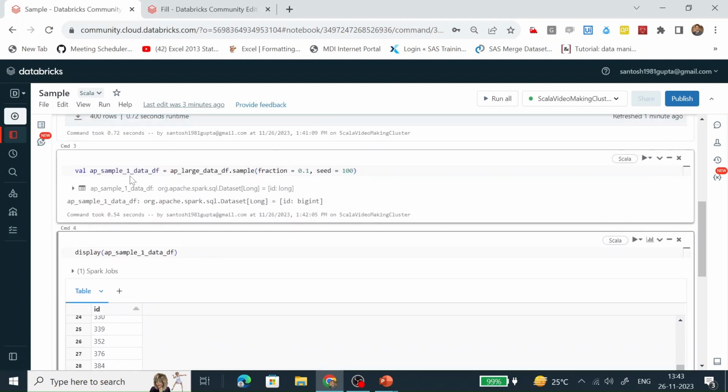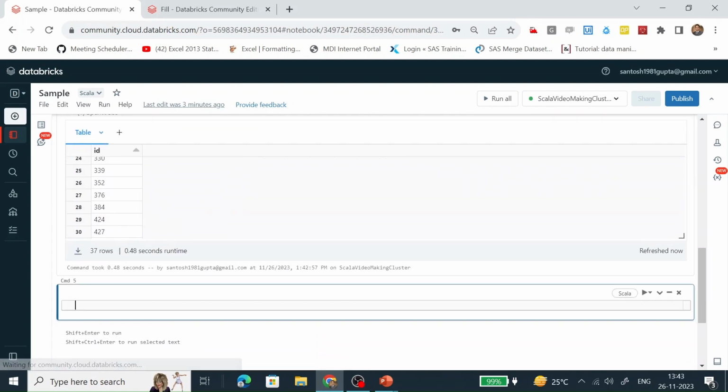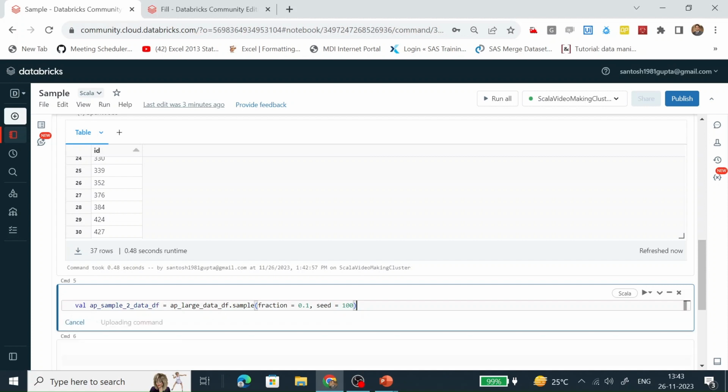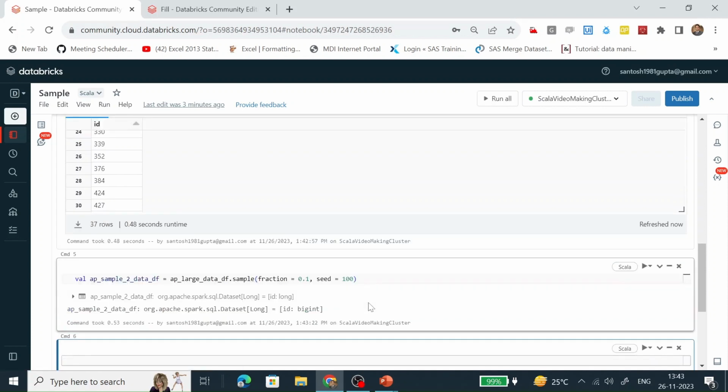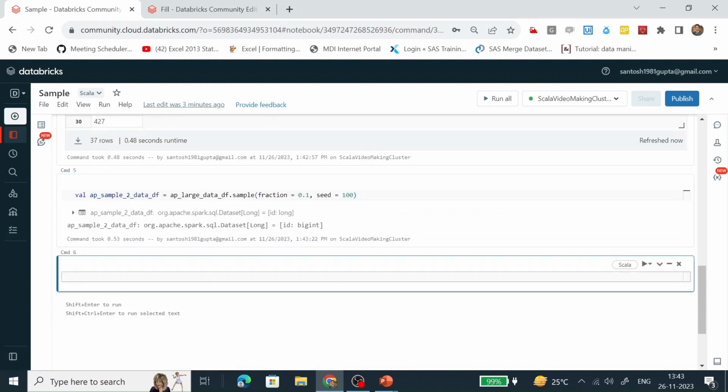So let's run this code again with the same seed. Let's create a different data frame and see what records come. Same seed, the data frame name is different. Let's see the content of this data frame.